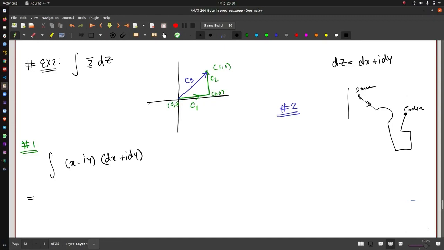What you do is you go from point A to point B, then from B to C, then from C to D, D to E, E to F, and finally to the ending point G. If you call these C1, C2, C3, C4, C5, and C6,